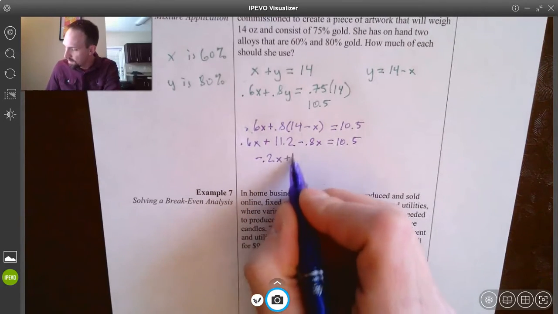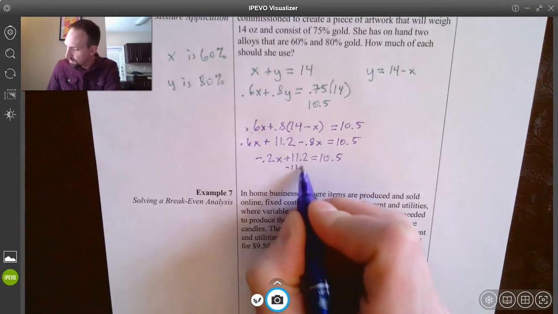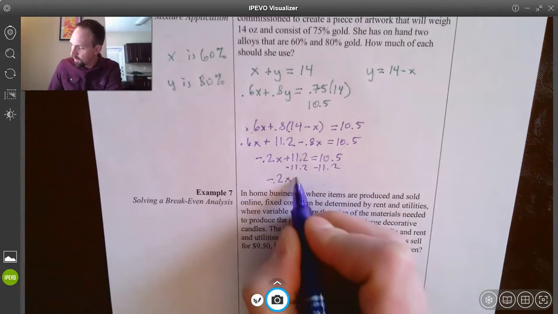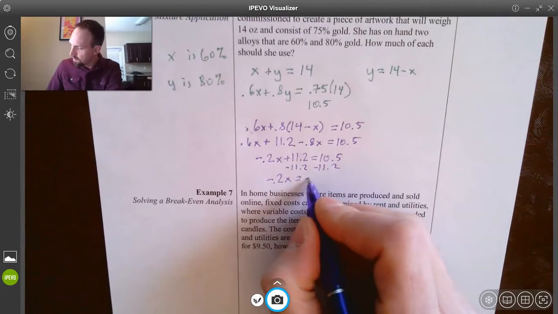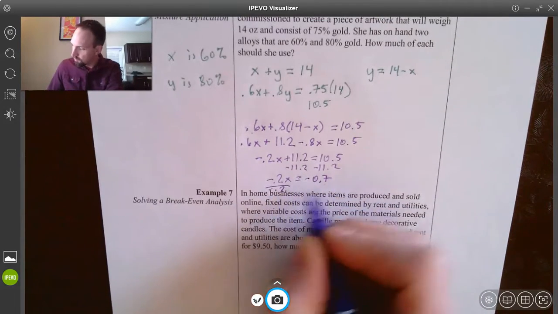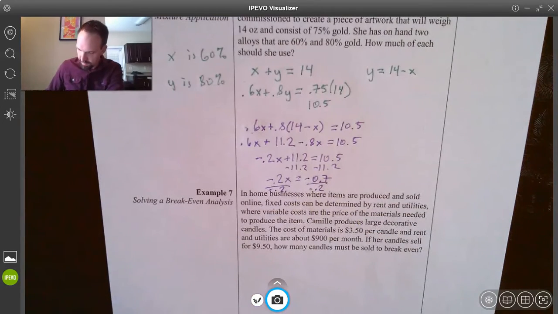Now that's okay because I'm going to end up with subtracting this 11.2, and I'm going to end up with a negative on my other side as well. Negative 0.7 divided by negative 0.2, and I get